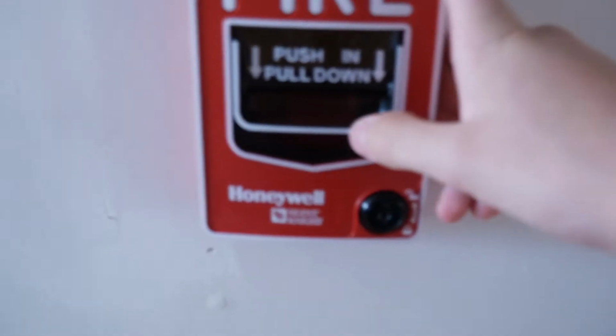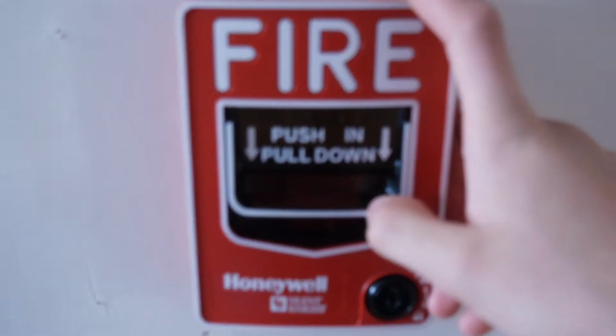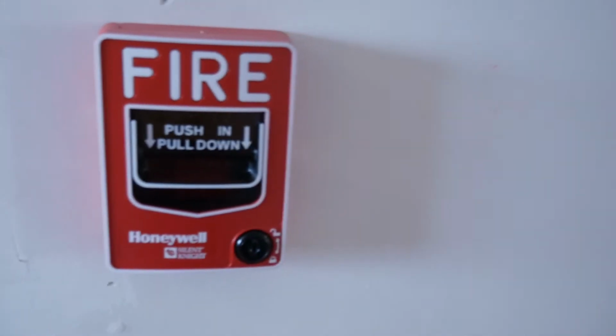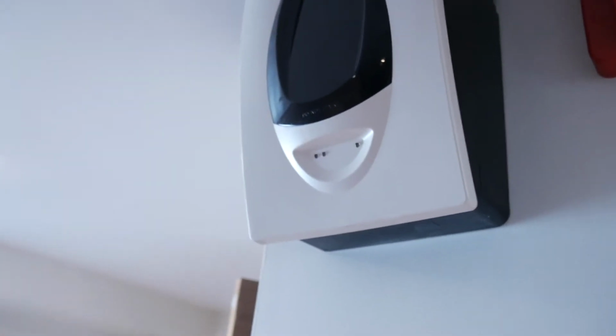First device I have is a SK Pool Dual Action. It's an addressable dual action Silent Night pull station. And next to it I have the beam detector, a System Sensor 1224 beam detector. The reflector is over there. And I have a Gentex Commander 3 right there. I have a System Sensor